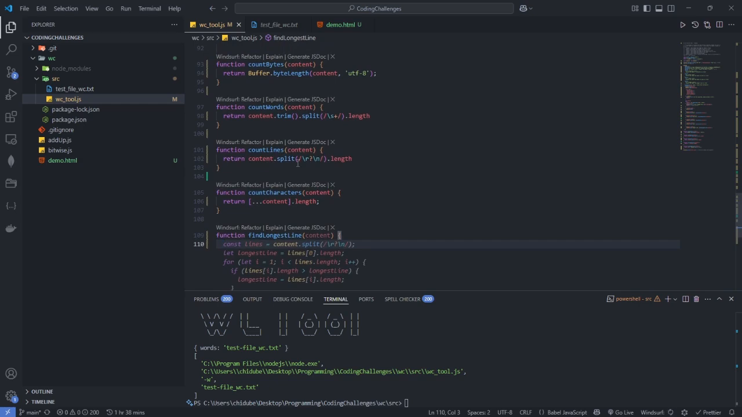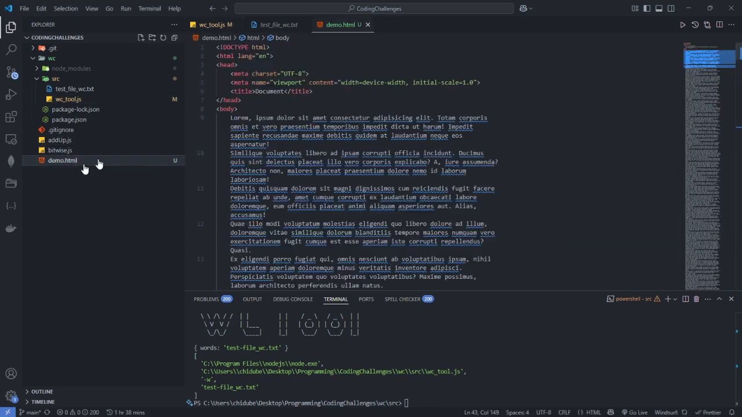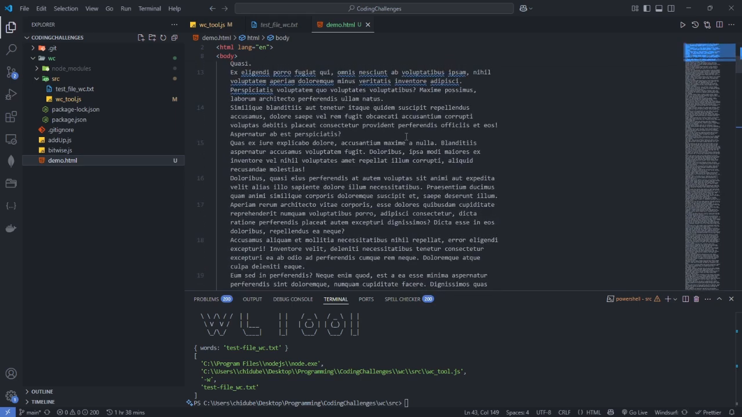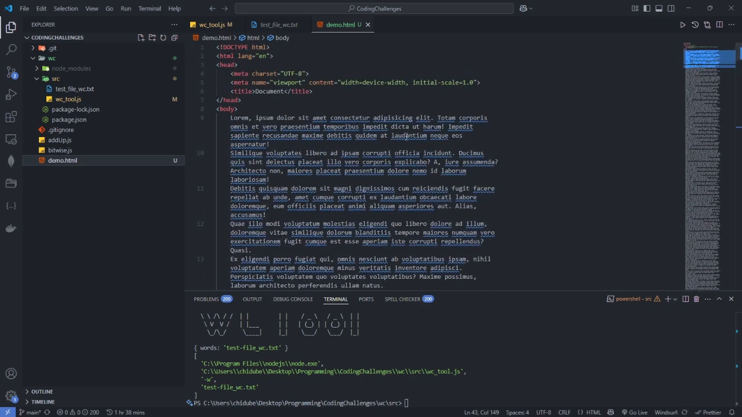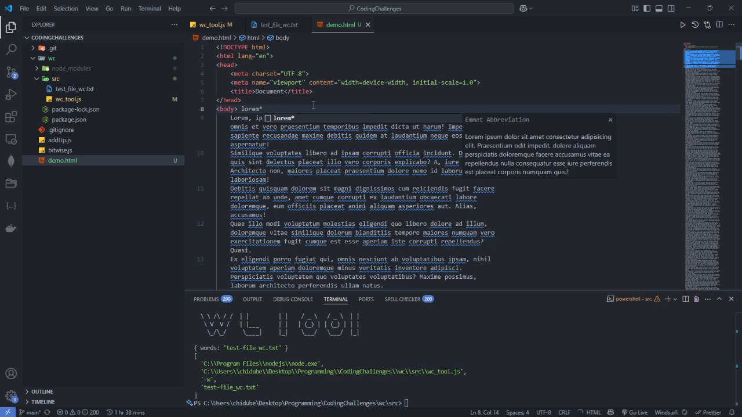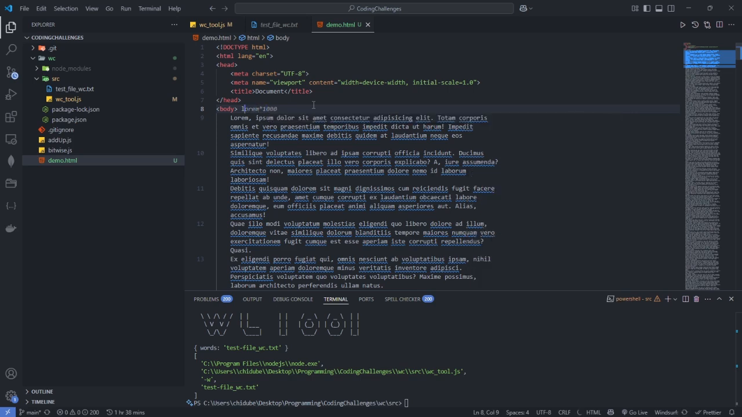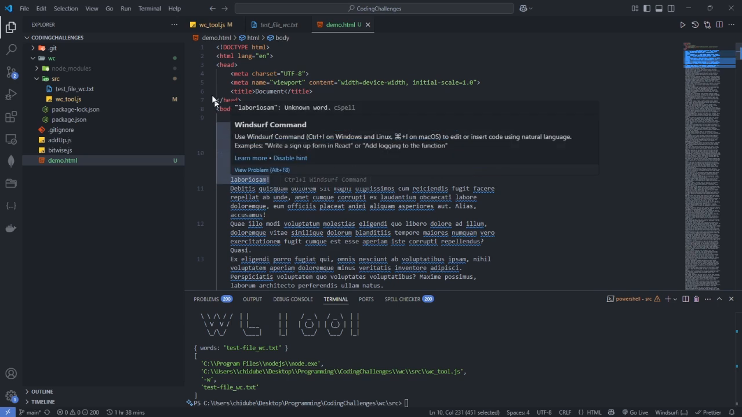So what we want to do, this demo.html, I don't know if I created this part, but just create a HTML file and do lorem, and do this times like 100 or 1000 and just click enter. We want to find the longest line. Okay, so all these are lines of text. Okay, so